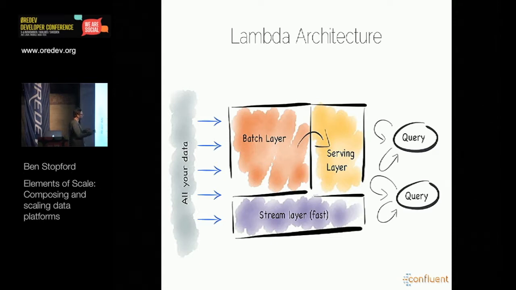Firstly, because we're in a stream processing platform, we're going to effectively use a windowed view of the world. That's not going to give us exactly the same results as the batch layer, but it will give us something that's likely to be quite useful to our users. And there's a couple of other tricks that we can use to get good results inside this fast streaming layer. But then the streaming layer writes to the serving layer, so we have a flow of data coming in here. And then the batch layer will just catch up at some point when it eventually gets around to it and give us the right result.